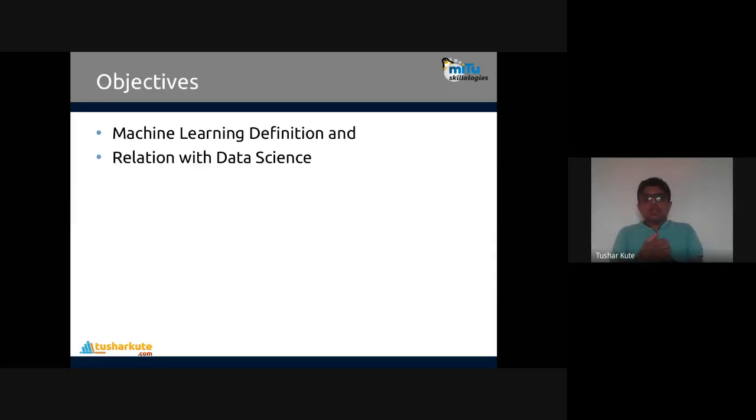Okay, so two objectives are there from the first unit. This will finish unit number 1 after the machine learning technique is over: machine learning definition and relation with data science. So two things are there that we have to work on. Definition is given only, but we have to think from the types point of view also. What are the different ways that we are having in machine learning? That also we'll talk about.